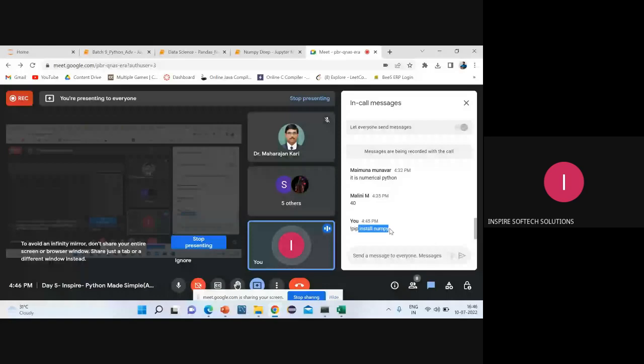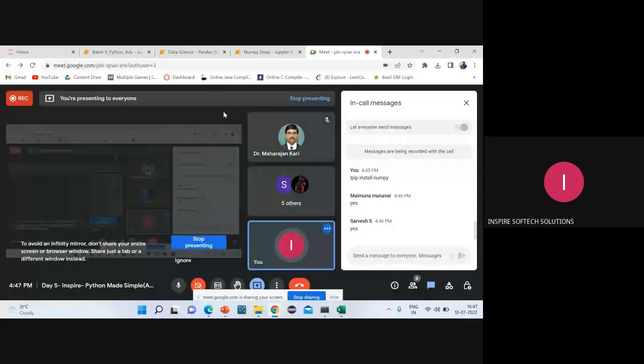So the first step to get started is to install numpy in your Jupyter notebook. If it is done, post yes in the chat. Do it on your laptop only. If it is done, let me know. Good. Compared to pandas, numpy will be very easy. There are many things to learn, but here only a few things. In those few things itself, you will do many experiments.